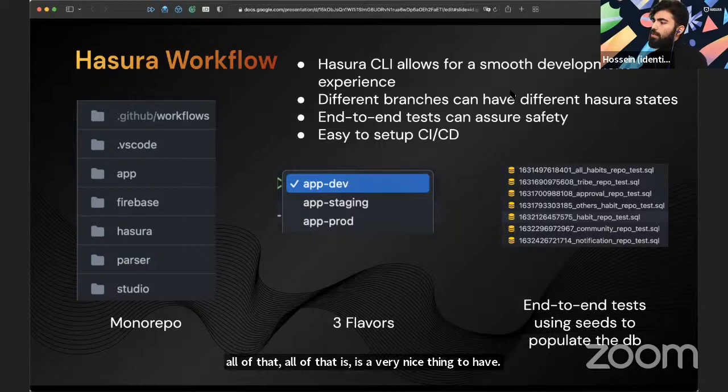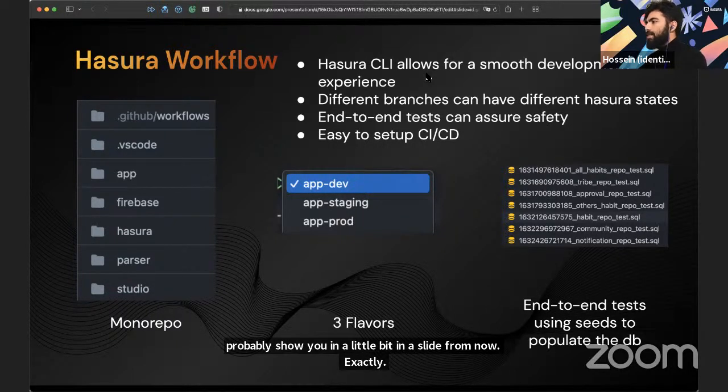We also use a testing technique that works for us. We are not really big on unit testing absolutely everything in Flutter, but rather we are doing more end-to-end tests. I'm going to show you in a slide in a little bit exactly the way that this is set up.